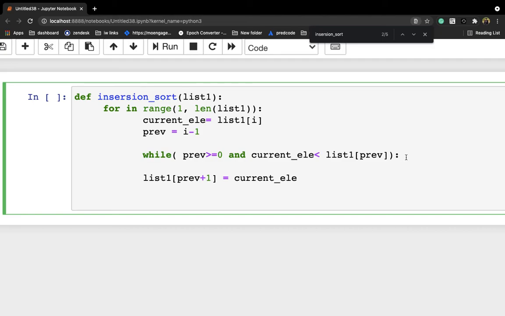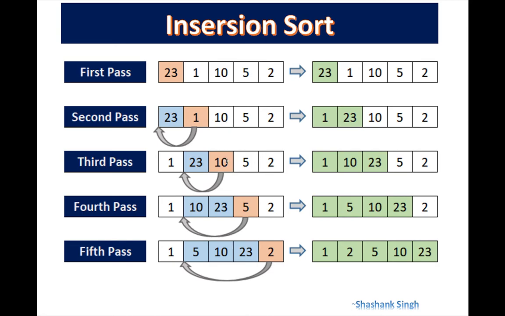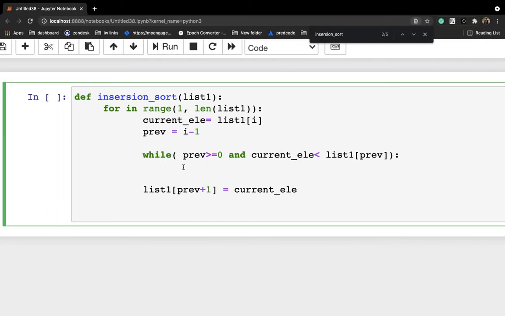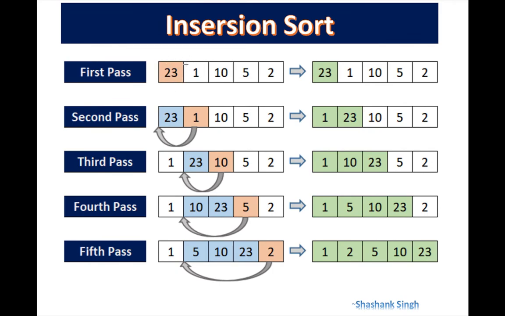And if the current element is less than list1 of prev, so 10 is less than 23, then what I will do is I will write list1 of prev plus 1 is equal to list1 of prev. So if you see list1 of prev plus 1, where prev is 0 initially, so 0 plus 1 will be the first index, which is holding 1.